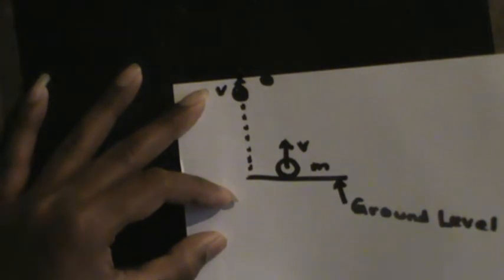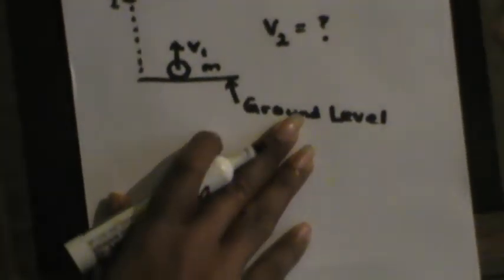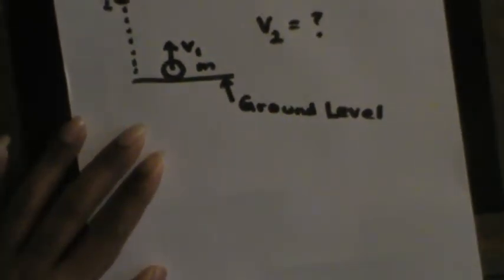Alright, so I'll take this object to be moving under gravity like this. And when it comes here, I'll assume that this mass has a velocity v1, and here v2, which would be better, right? So what I need to find is what is v2 here, right? v2 is what?